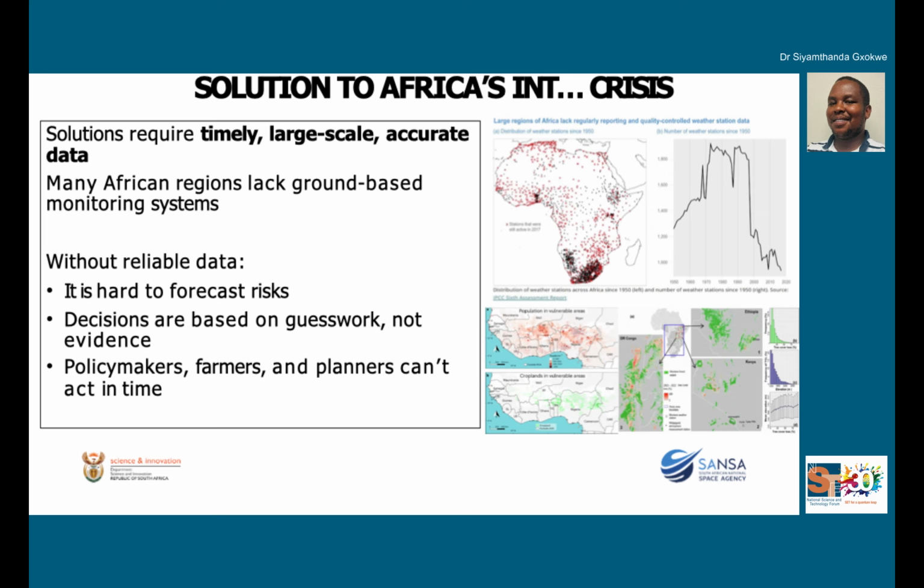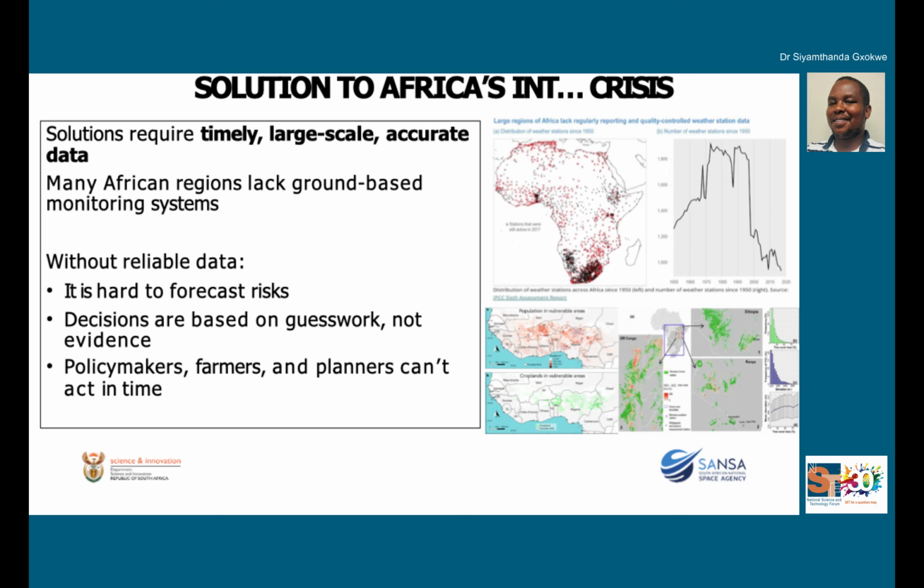And also some of the decisions that we take based on the data that we have would be fragmented because we don't have good distribution of the data that is giving us a clear indication of what is going on with regards to changes in climate, amongst other things. And also some of the policies that are derived from this data, we know that for policies to be effective, they need to be supported by scientific data.